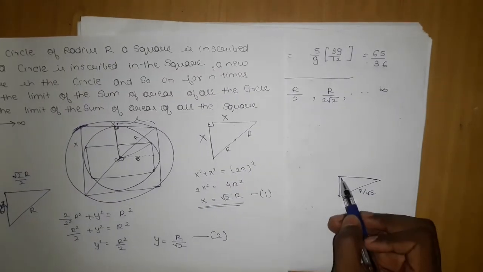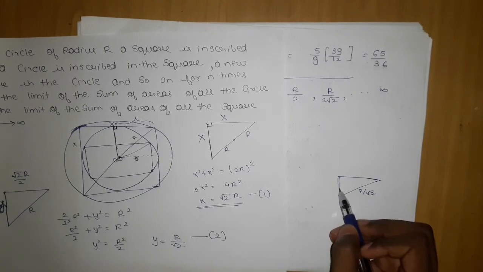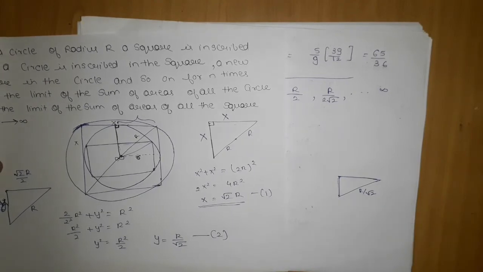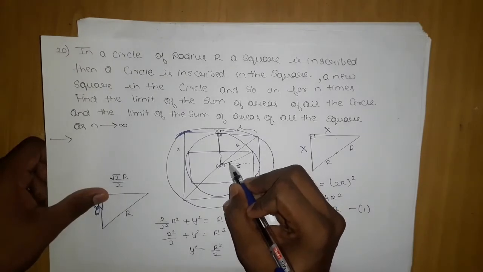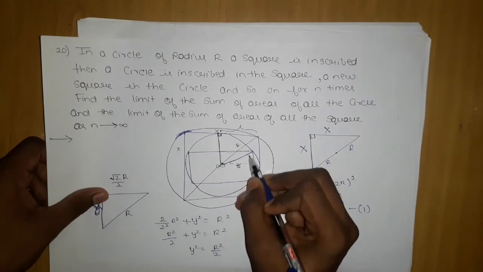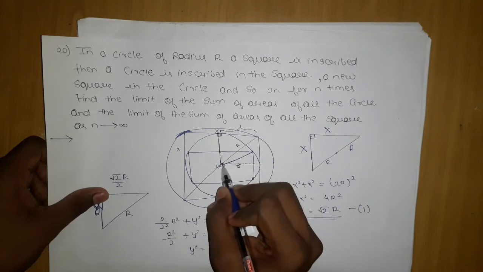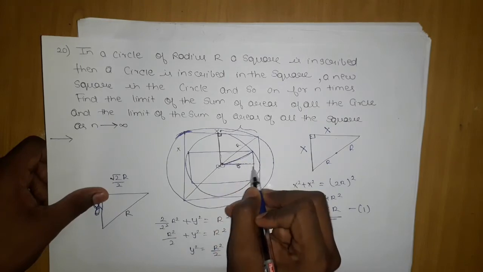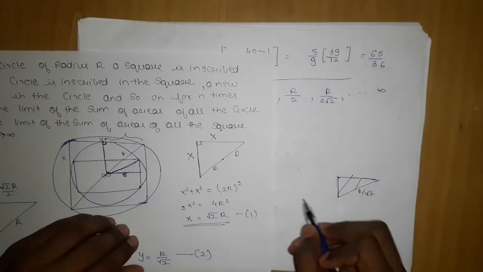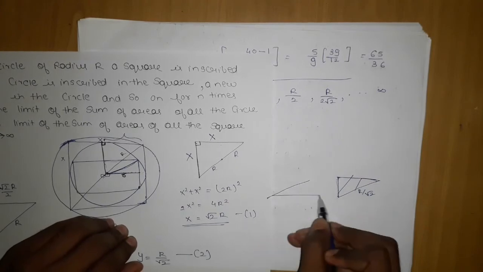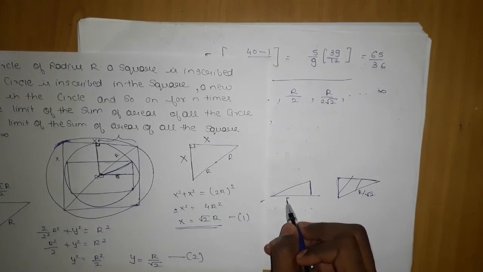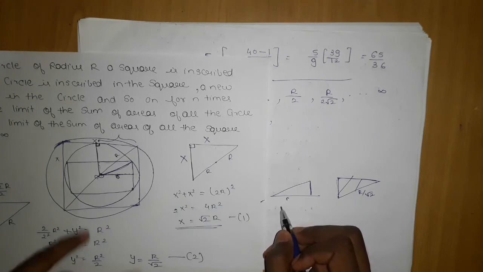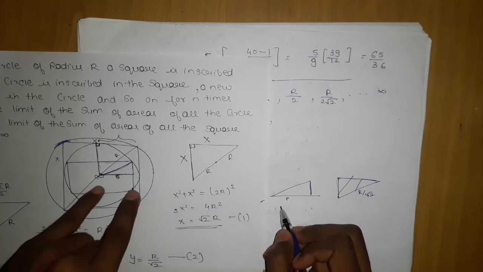Okay, so here we need to get this length, and this length as well. So what we do, wait, we will not consider it like this, we will consider this as our right angle triangle. If I consider this part, then if you can observe, this triangle is like this, right? And this length is r, which we need to find out.